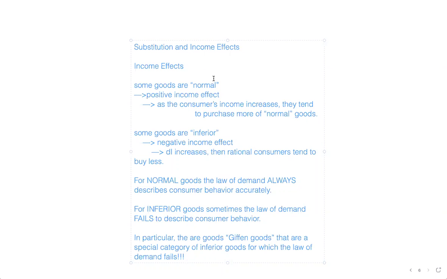I mean, you normally think if the price of gasoline goes up, people will cut back, but what if they actually started buying more? The law would be violated. Yeah, it would be weird, and you might think that the consumers are not being rational, right? So remember, in economics, we gave this technical definition of rationality,